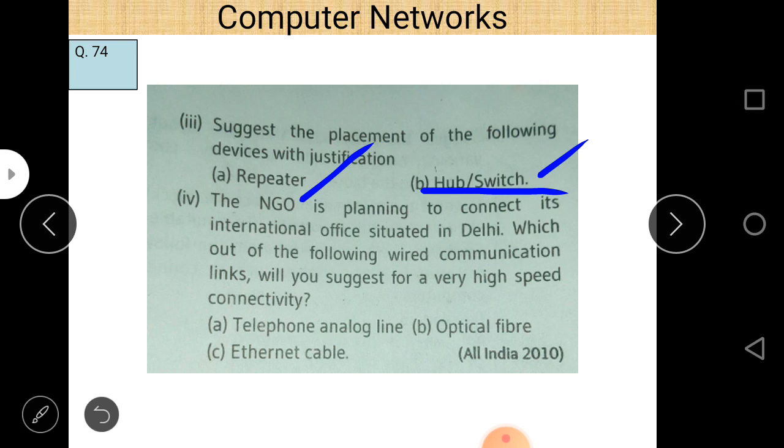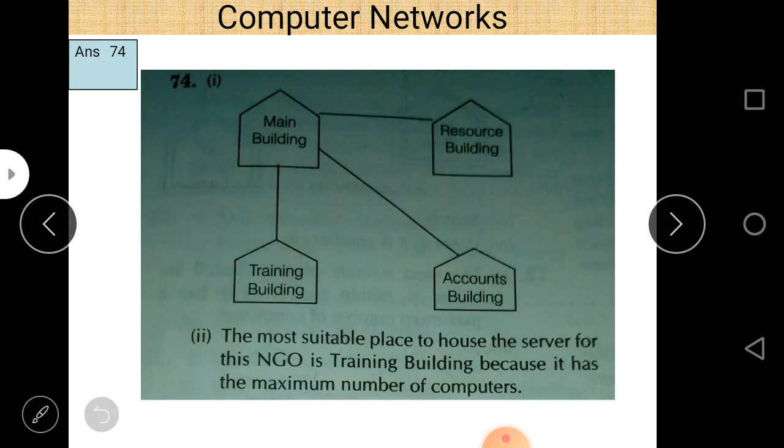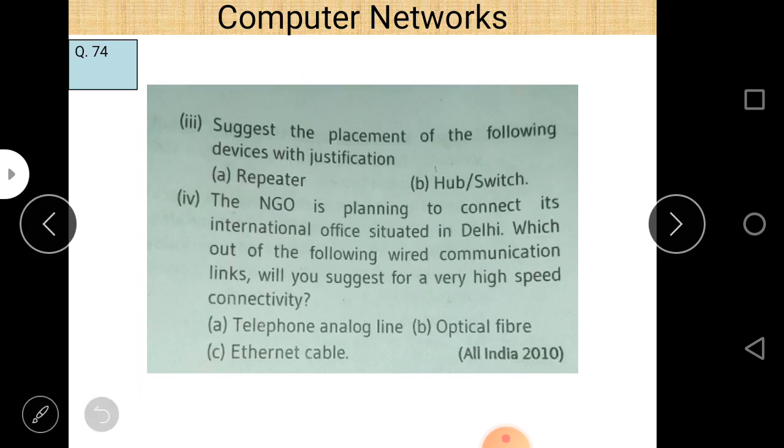So there is an option: telephone analog line, optical fiber cable, or Ethernet cable. Ethernet cable basically refers to coaxial cable here. So first of all, the